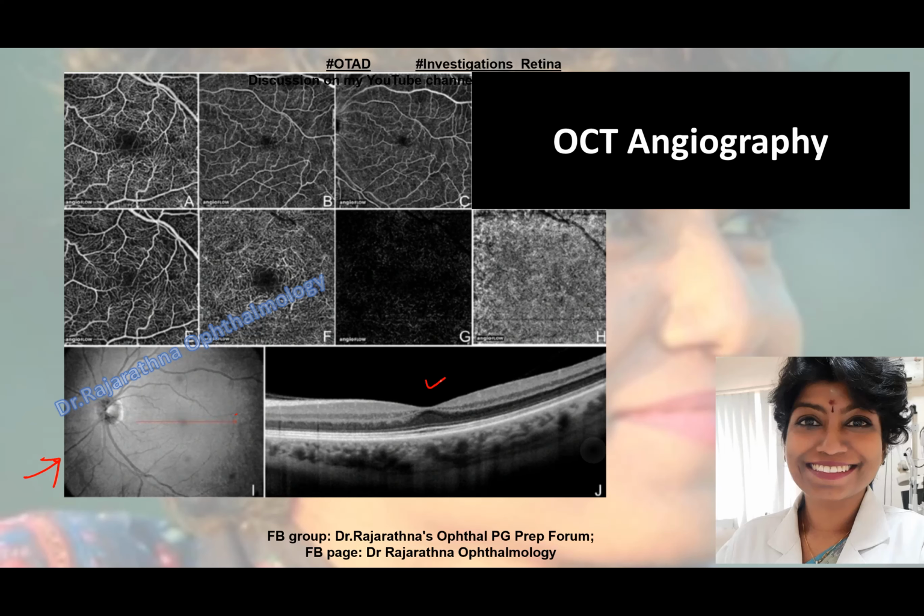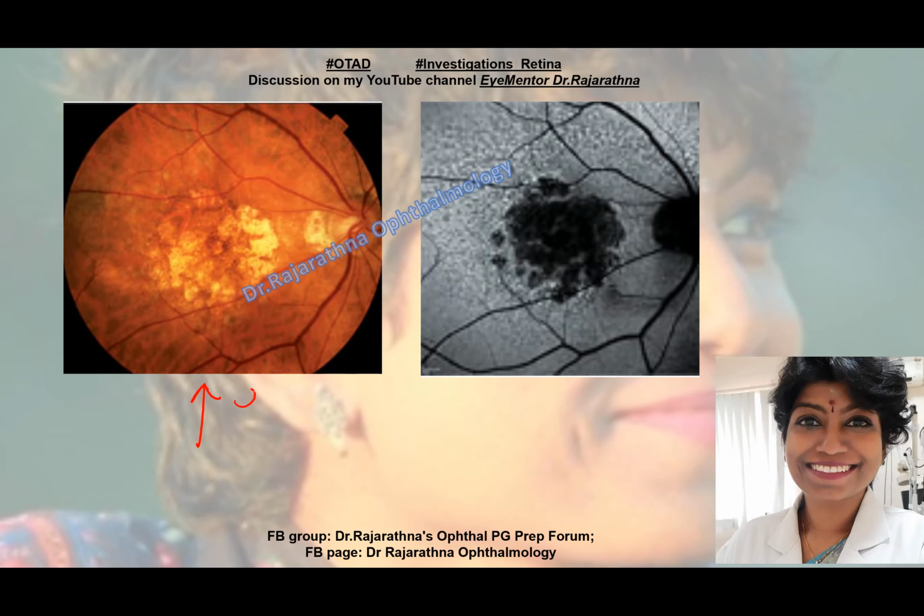So we'll take a look. So you see this picture. This picture shows you geographic atrophy. Okay, this is geographic atrophy. So you see these yellowish areas, okay, in the macula. So all these are areas of geographic atrophy due to dry ARMD. So that is the complication of dry ARMD. So corresponding picture, you're seeing the fundus autofluorescence.